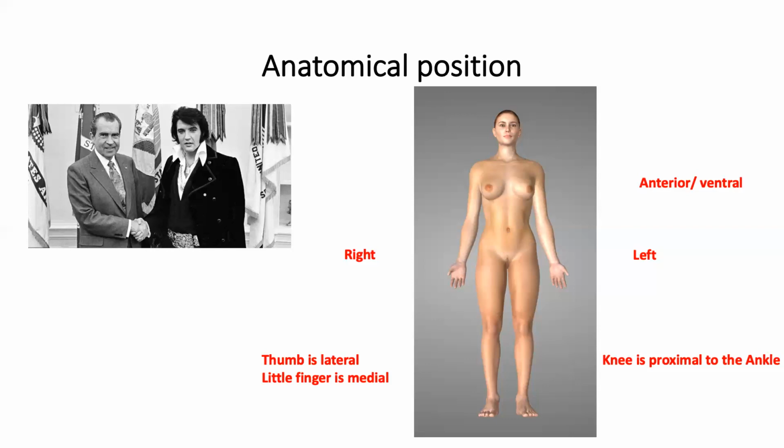The same thing, if you look at the knee here and the ankle here. The knee is closer to the origin of the limb, and therefore the knee is proximal and the ankle is distal to the knee. So if you compare the knee and the hip joint, the hip is proximal because it is closer to the origin of the limb, and the knee is farther away from the origin of the limb. So the knee is distal to the hip. The knee is proximal to the ankle. Of course, we are looking at this